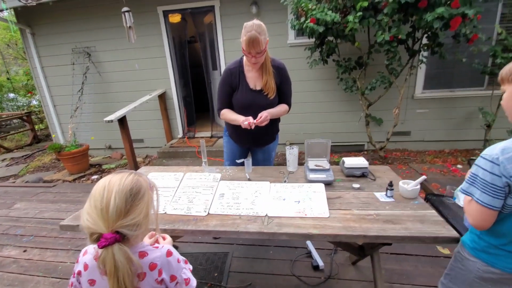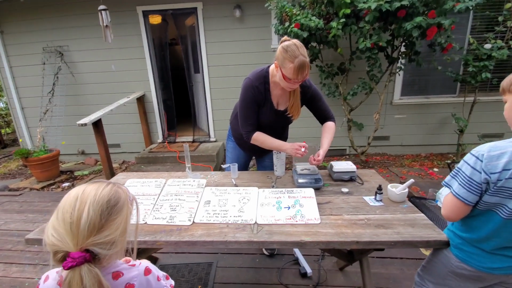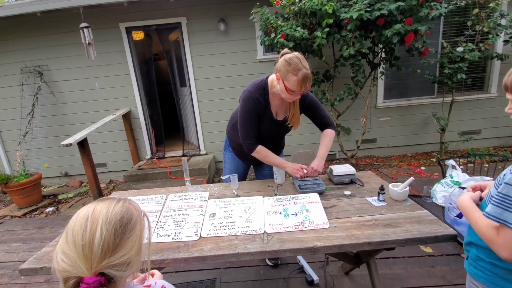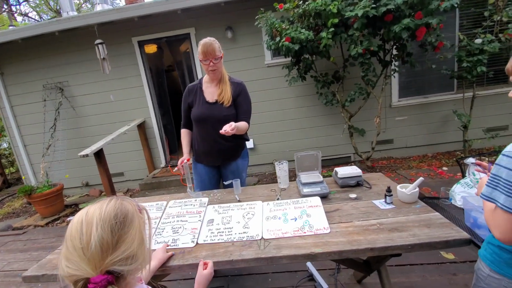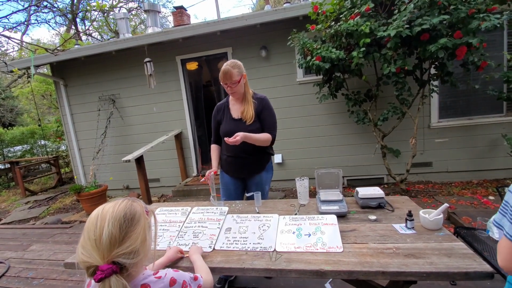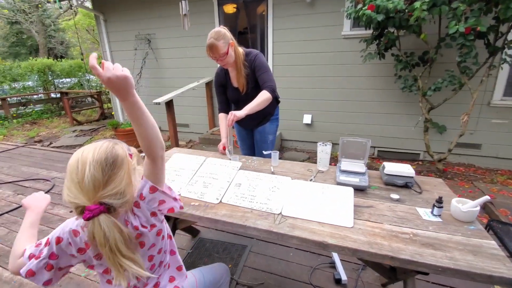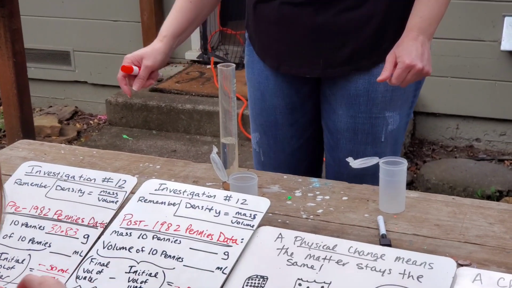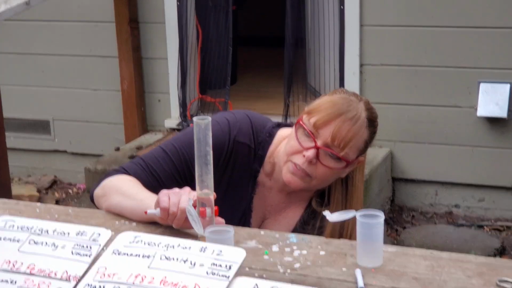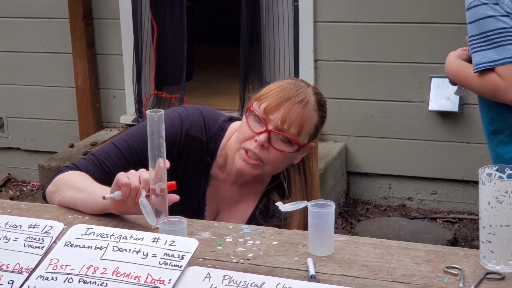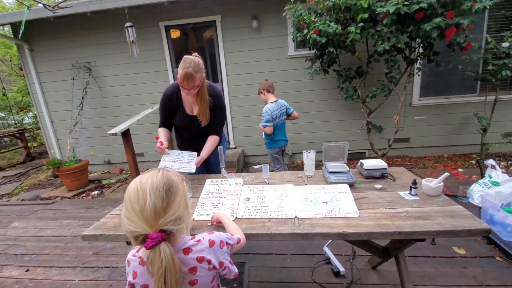And then we're gonna calculate the volume of those 10 pennies. When you have to do the volume of something, it's length times width times height. But you can't exactly measure all these pennies because they're irregular shaped, so you use the displacement of water. I've got 50 mils of water in here, and I'm just gonna plop them in. Then you get eye level, look from the bottom of the U-shaped meniscus: 50, 51, 52, 53, 54, almost dead on. So it's 54